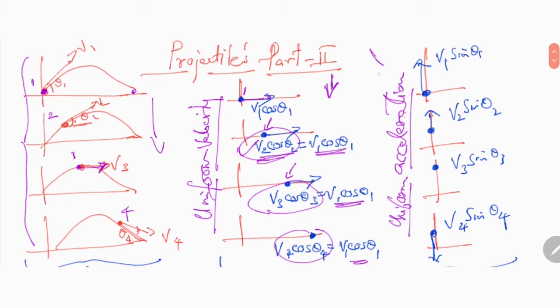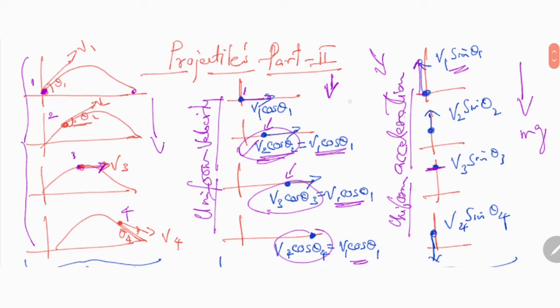Now, the third section here is where I have projected the ball along the y component. And the behavior of the motion will be exactly as experienced by a ball tossed upwards, which has a uniform acceleration downwards, equal to g. So the ball will behave in exactly the same way. As it is tossed upwards, it has an initial velocity of v1 sine theta, and since it constantly has a force downward of mg, it will decelerate, reach the topmost point here, and then come down.